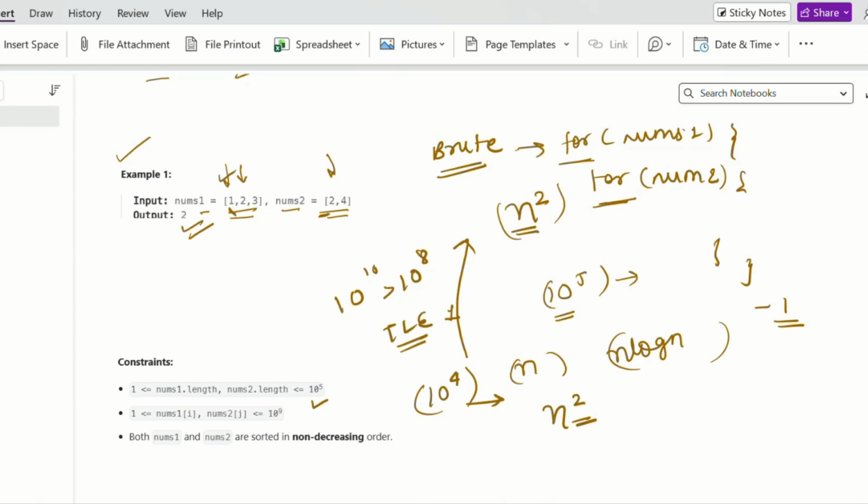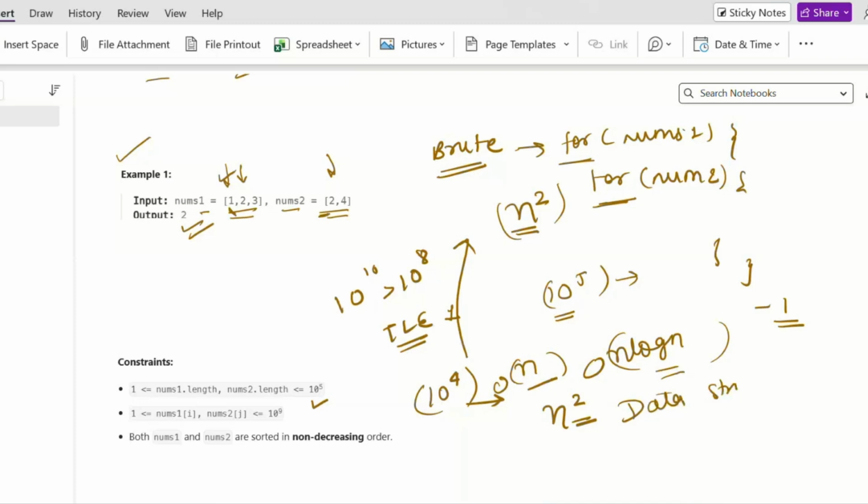We need to find a solution in big O of n or big O of n log n time complexity. So here we need to see which data structure we can use so that we are able to find a solution within this time complexity. We know about the map. So how can we use a map in this question?